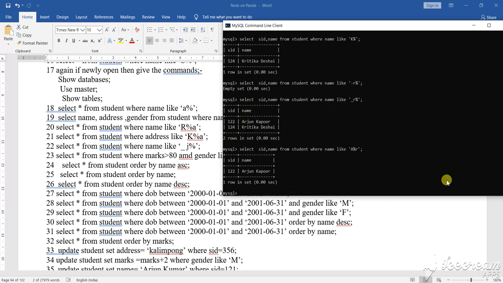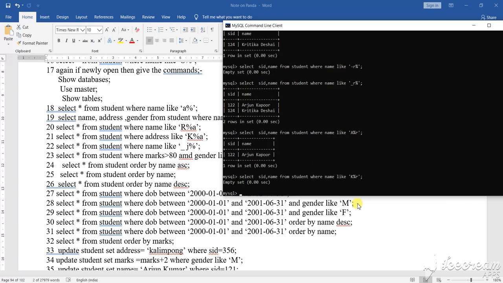Now A underscore R, that means it is showing this particular thing. Now another one I need to see, K percent R. K percent R means it is not extracting that particular value from there. That means K is initialized in that particular set, so it is showing the empty set. Okay, so this is how things are.